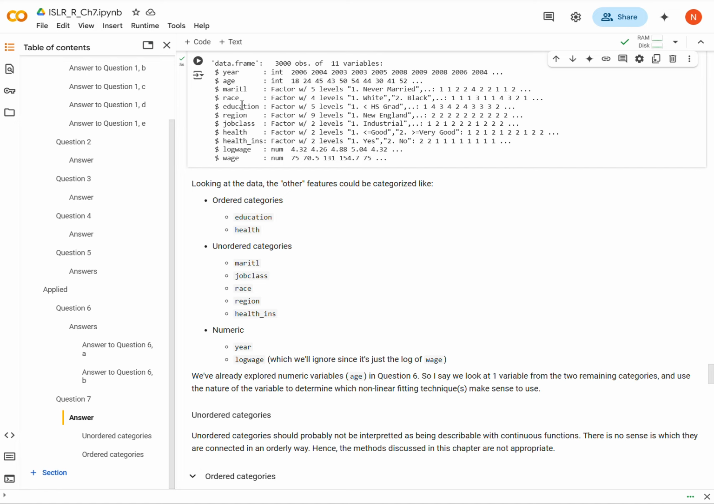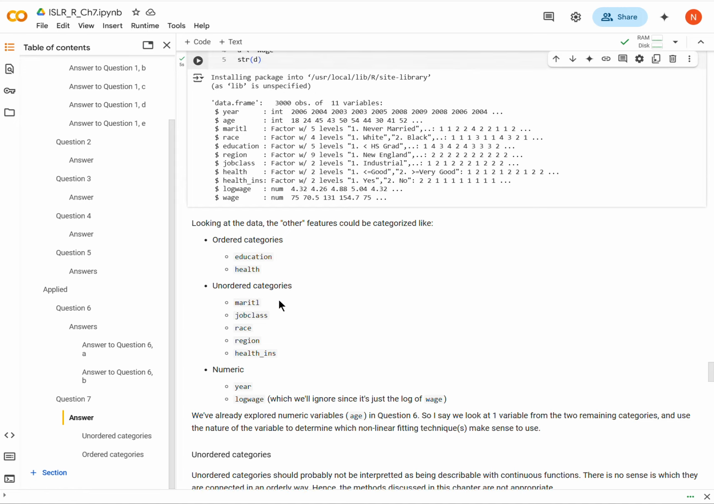And then similarly for health. Health just has 2 levels, so we can be in good or poor health, basically, but there's definitely an order there as well. Okay, so next is unordered categories that I have here. Now, one of these is marital status. Okay, never married, married,